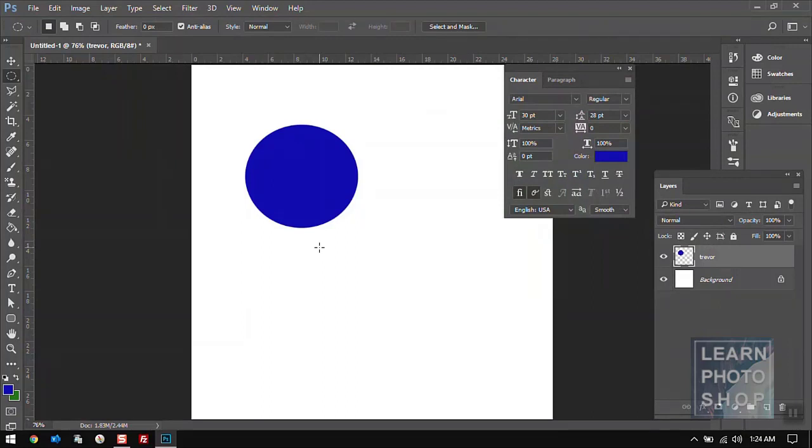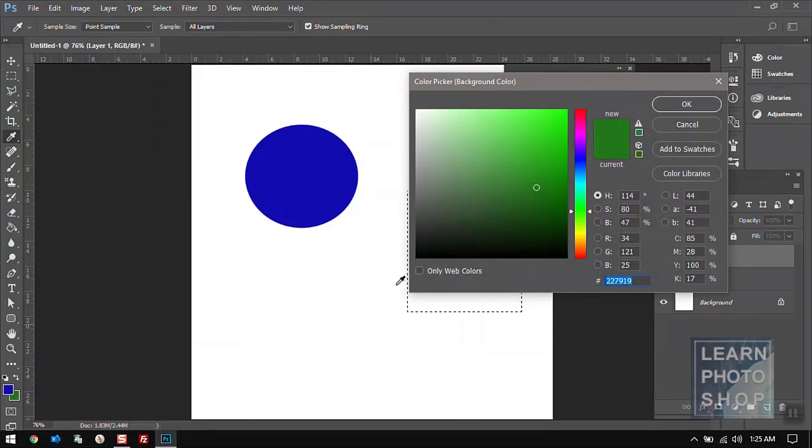So basically the foreground color and the background color, remember this for now. Now I make a new layer and say I want to make a rectangle, or a square, whatever you want, and I want to fill the background color. So I click the background color,